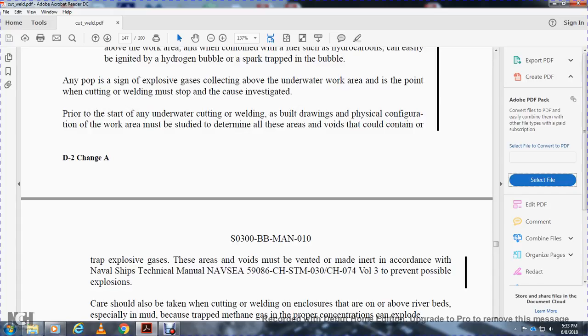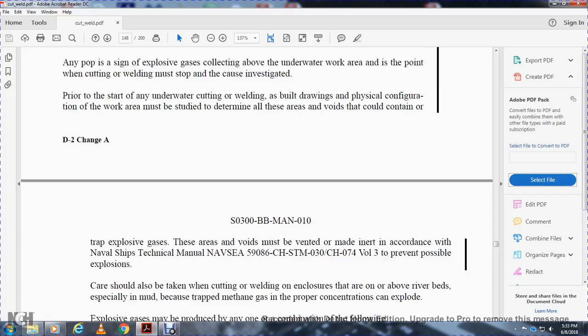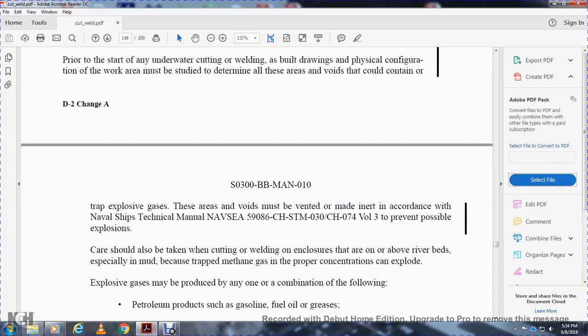Care should be taken when cutting or welding on enclosures or the ends of pipes above river beds, especially in the mud, because of trapped methane gas, which in the proper concentration can explode. Explosive gases may be produced by any one or a combination of the following: petroleum products such as gasoline,